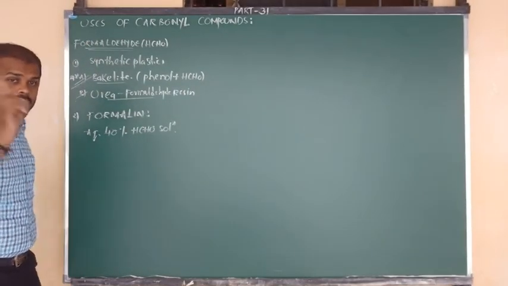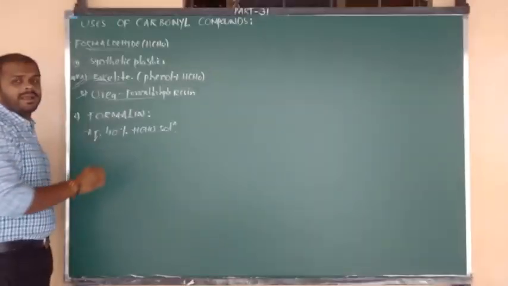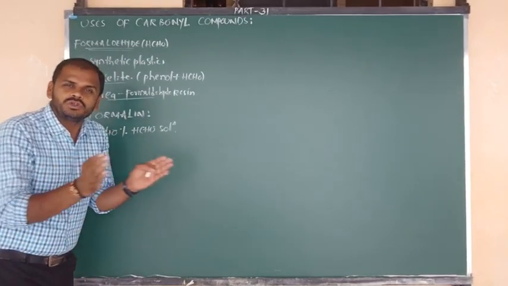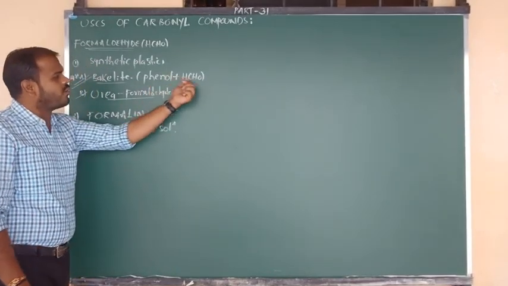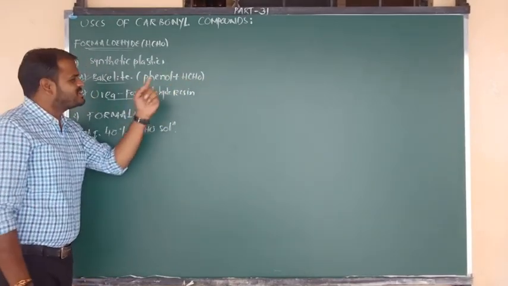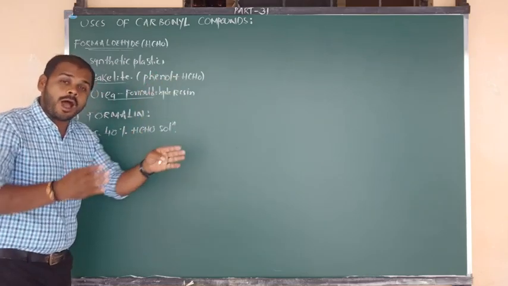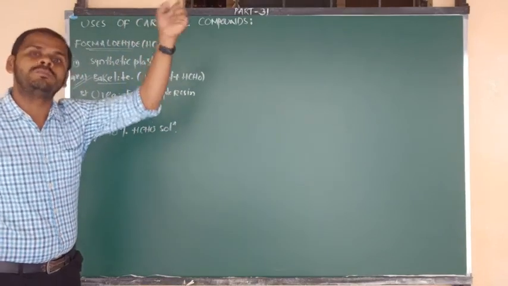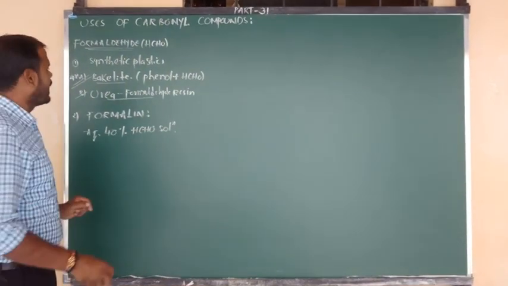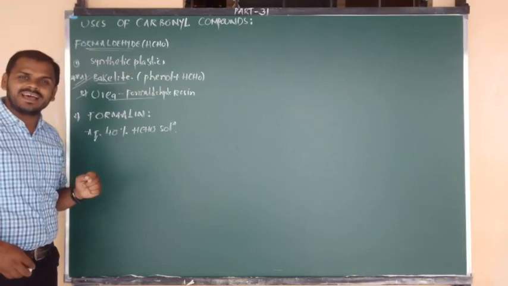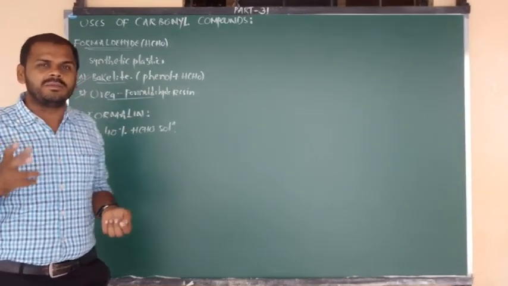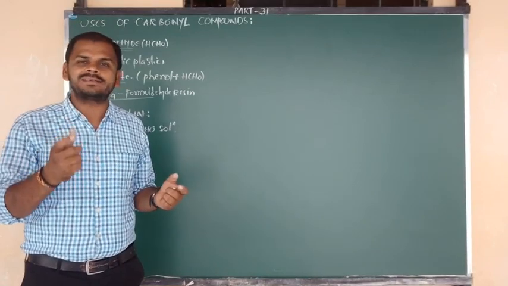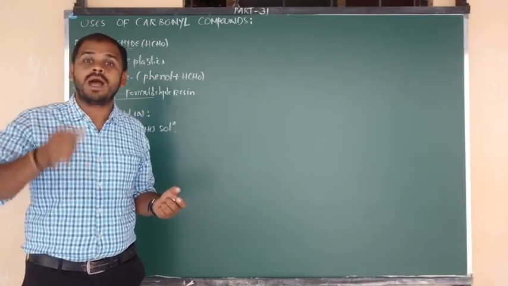Try to remember, sir, how to prepare bakelite. Bakelite is a polymer. It can be prepared by using two monomers: one is phenol, and the other is formaldehyde. How to prepare bakelite from these two monomers, we are going to discuss in the polymers chapter. And what is the use of bakelite, sir? It can be used especially in making electrical goods, such as switches, plugs, computer desks and combs.